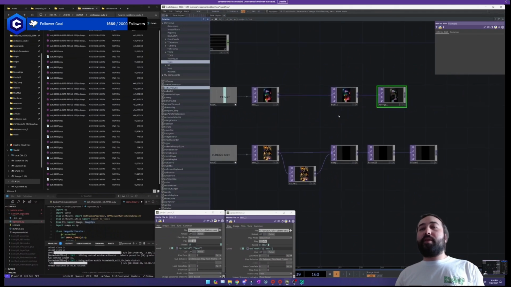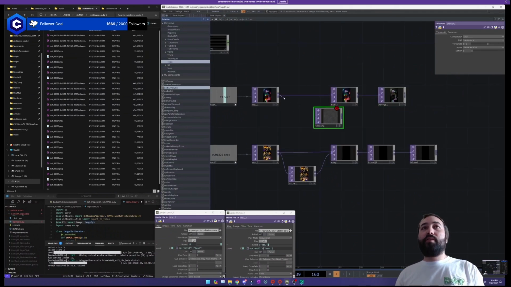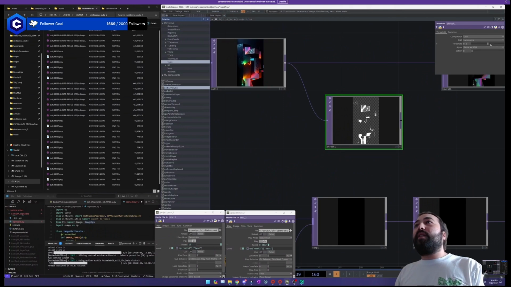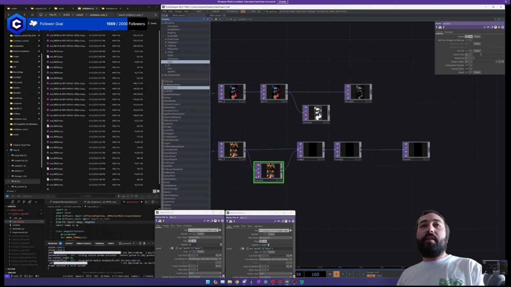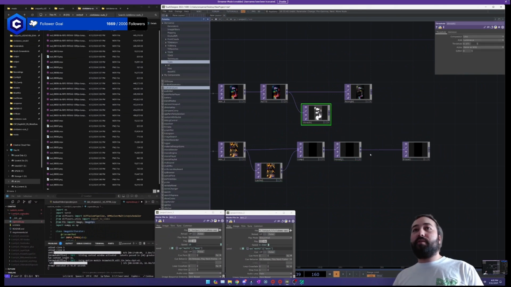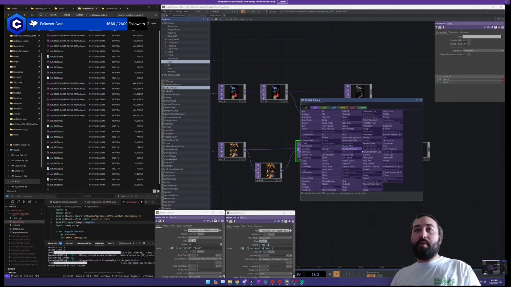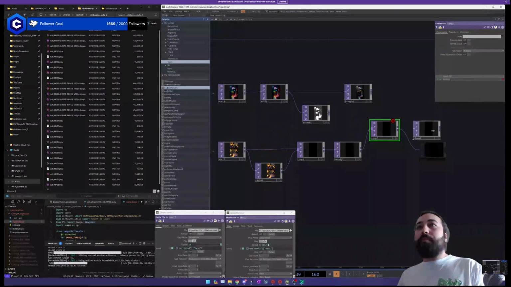And another thing I'm going to do is a threshold node. So I'm going to grab a threshold, and I'm going to threshold the first one. In this case, what I'm going to do is mask the snare animation using this threshold. And I'm going to do that with another composite node. So I think I'm going to put it in right here. Composite.